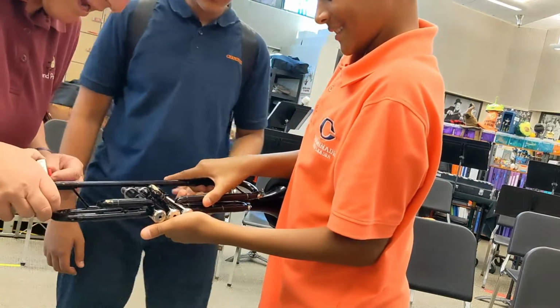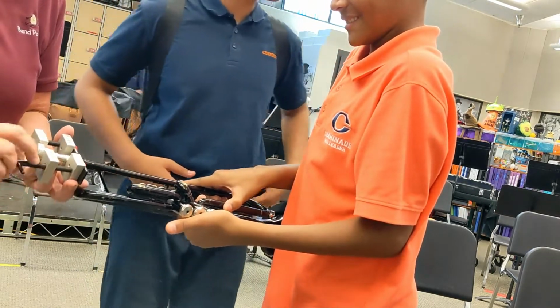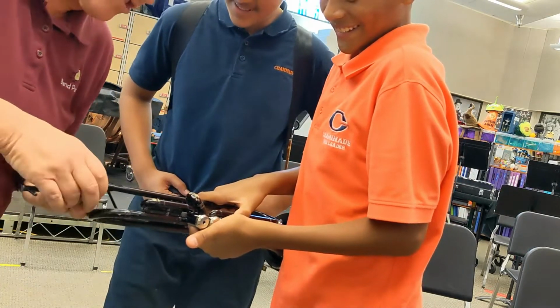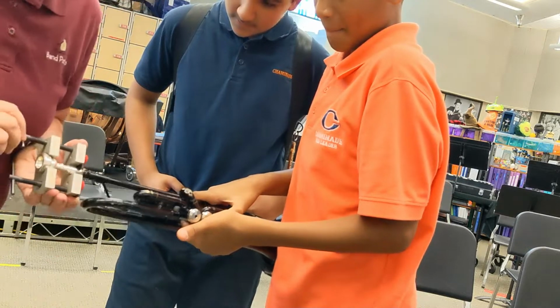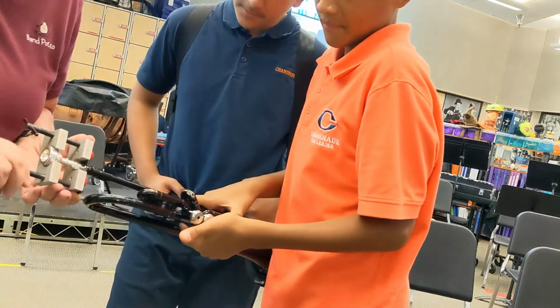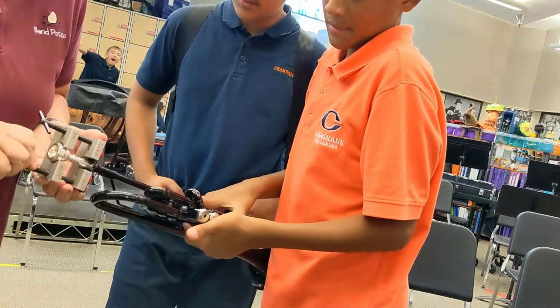Yeah. All right, so we have to go in. Can you see this really well? All right. Okay, so now you lock this part here, and then we're going to turn this to the right. And this has to be pulled tight. And then, magic, almost,